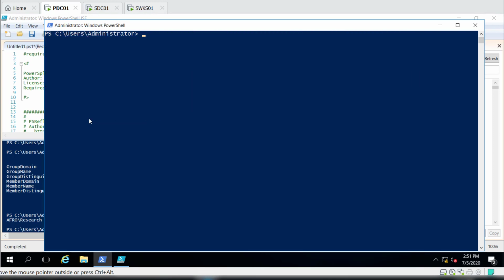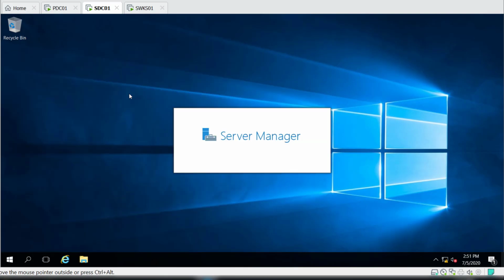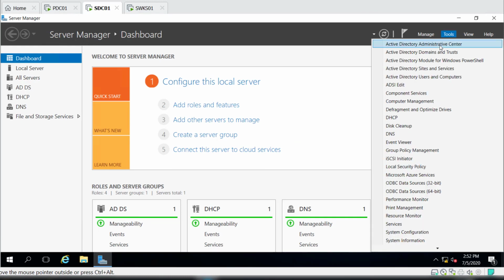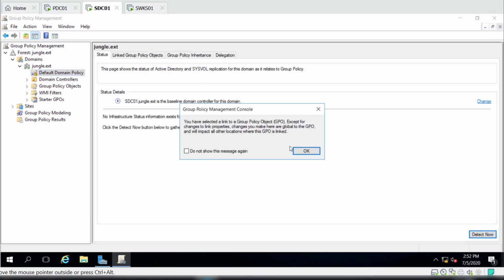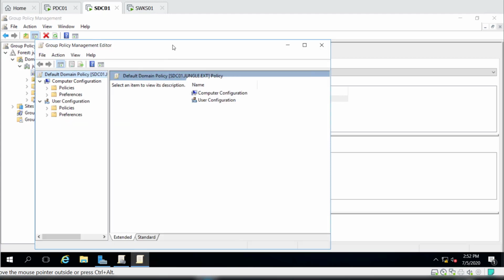So we can accomplish that in 3 steps using group policy. Okay, so let's enable that quickly, and let's enable that against the Django.local. Okay, so first step is we are going to enable WinRM service. So we go to group policy, right click on the default domain policy, click edit,